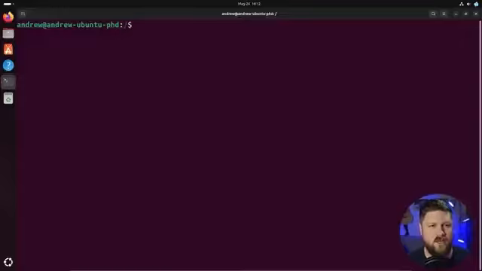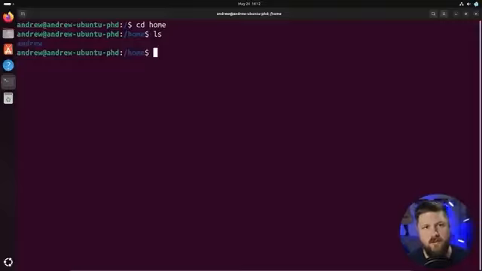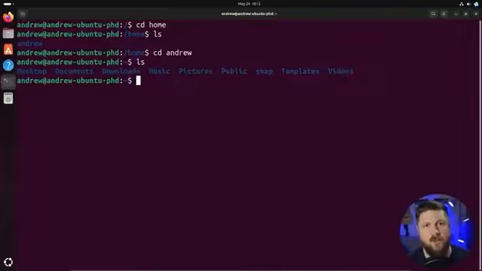Another folder we've already touched on is the home directory. So let's go there right now. And if we list this out, we'll actually just see there's one folder here for our user account. And if we go into it, of course, this is our home directory or folder where we can store files